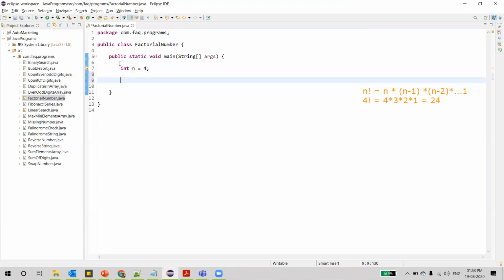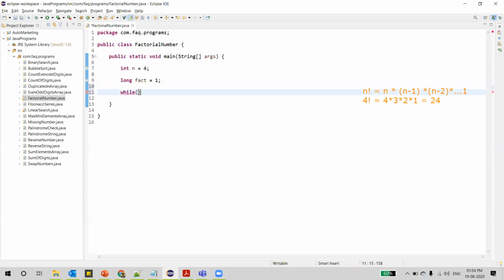Then we'll have another variable to store the factorial value. So fact is my variable, which I am declaring as long, because if my n value is big, then the product will be huge. So I'm declaring fact as long, with a default value of 1.